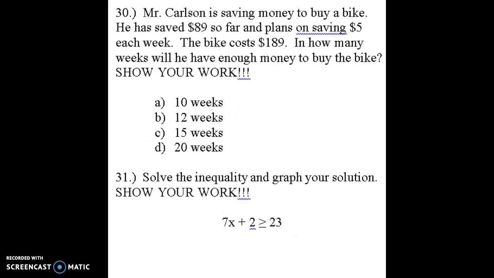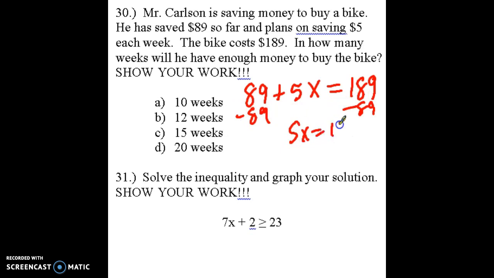Mr. Carlson is saving money to buy a bike. He has saved $89 so far and plans on saving $5 each week. The bike costs $189. How many weeks will it take until he has enough money to buy the bike? So he's already saved $89, plus he's saving $5 each week. The bike costs $189. Subtract 89 from both sides. 5x equals 100. Divide the $100 he needs by the $5 he's saving each week, and it will take him